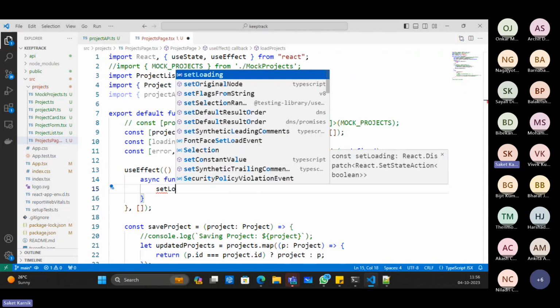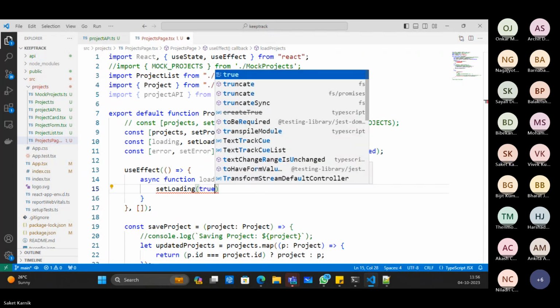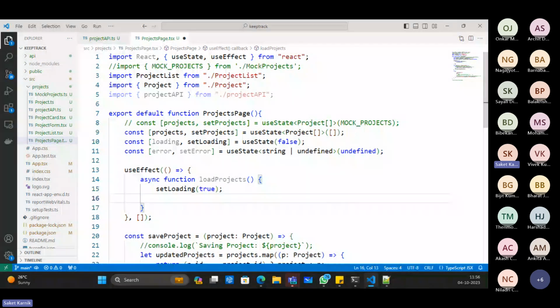What it does is call the setLoading helper function to change the state of loading to true, because the call is being dispatched now or will be dispatched shortly. So I'll say the state of loading becomes true. Now there is an API call which I'm going to place. So here